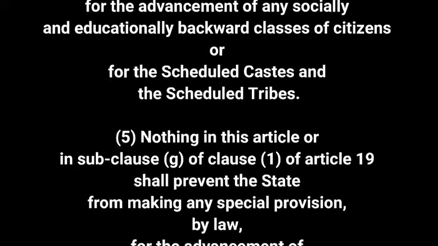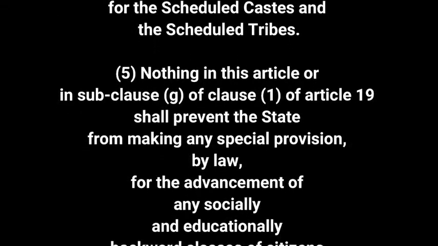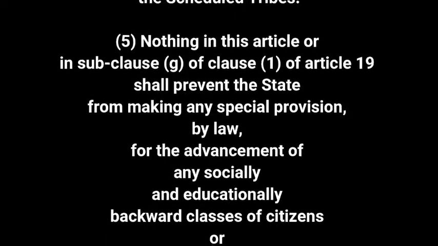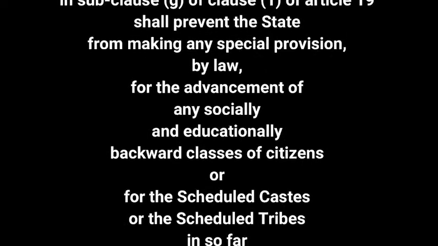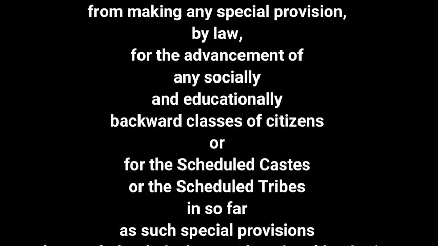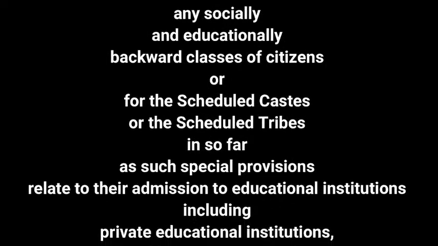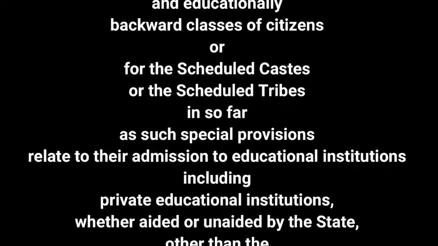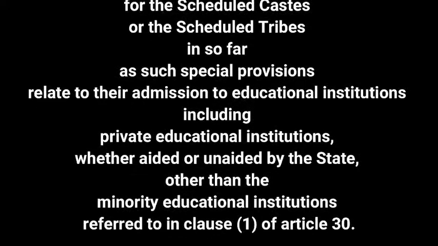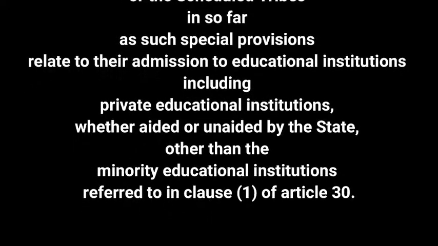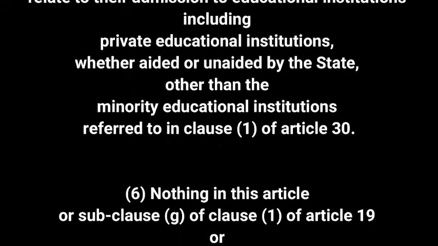Nothing in this article or in subclause G of Clause 1 of Article 19 shall prevent the state from making any special provision, by law, for the advancement of any socially and educationally backward classes of citizens, or for the scheduled castes or the scheduled tribes, insofar as such special provisions relate to their admission to educational institutions, including private educational institutions, whether aided or unaided by the state, other than the minority educational institutions referred to in Clause 1